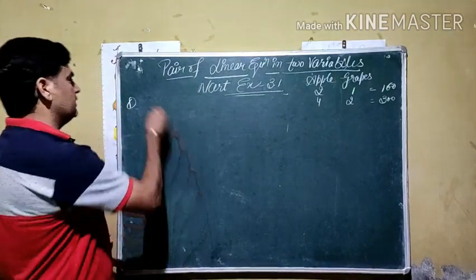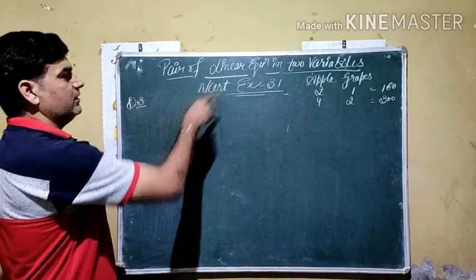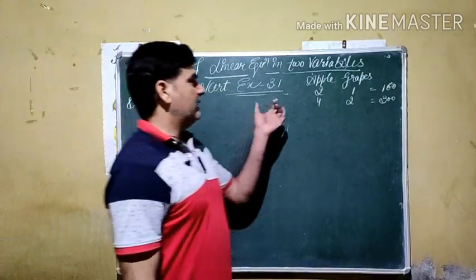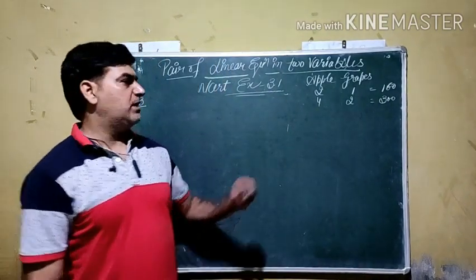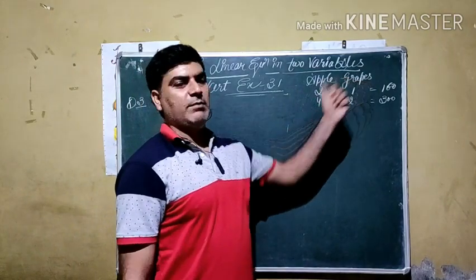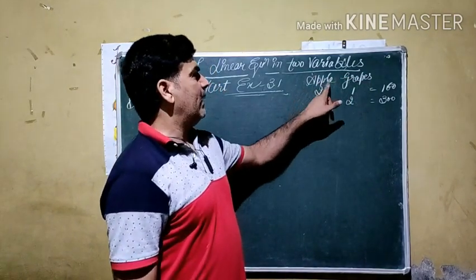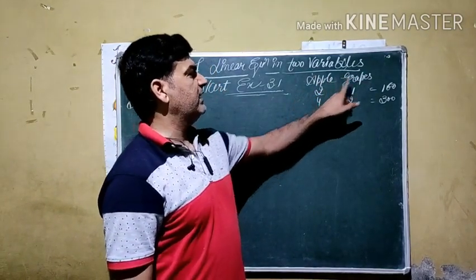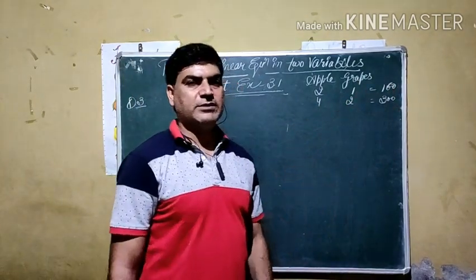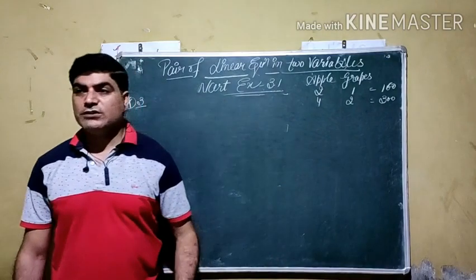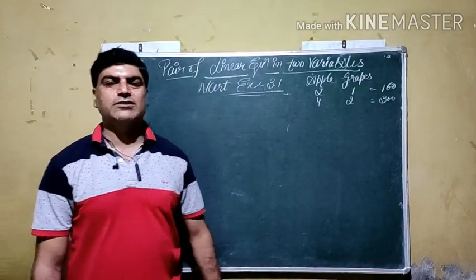Now we are going to discuss question number 3 of exercise 3.1 from chapter 3. It is again related to purchase. A person purchased apples and grapes from a market. Apple purchased in quantity 2 kg and grapes in quantity 1 kg, and the payment becomes 160 rupees. So what is the requirement here? First of all, we should know the price of each item.